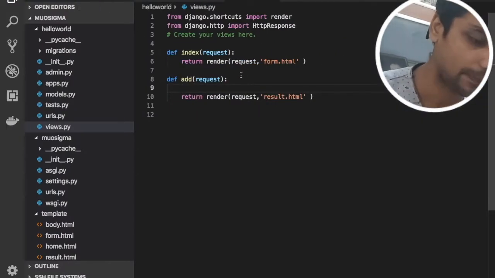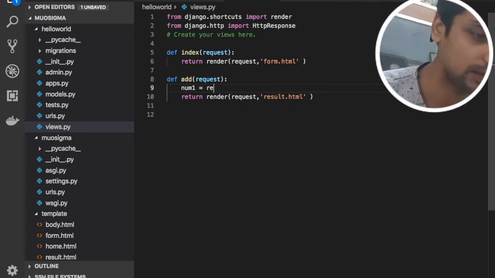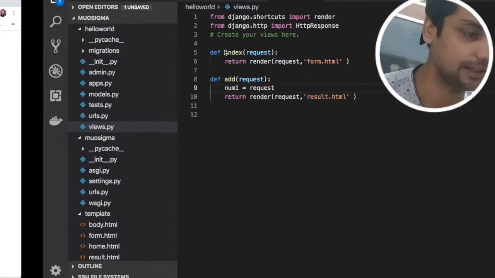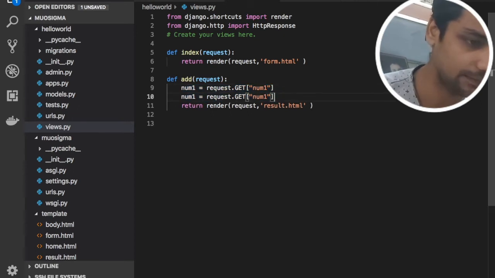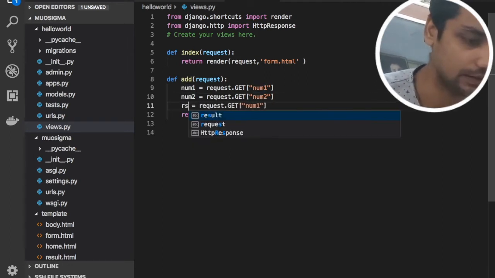Okay, so let's say we have a variable called num1, and inside this request parameter we will get the value of number 1 and number 2. But you can see here we have the request with the get type, right? So we need to use it like this: get and pass num1. Copy this and paste it like this. You will get number 2 and store it in num2, and we will get the result.